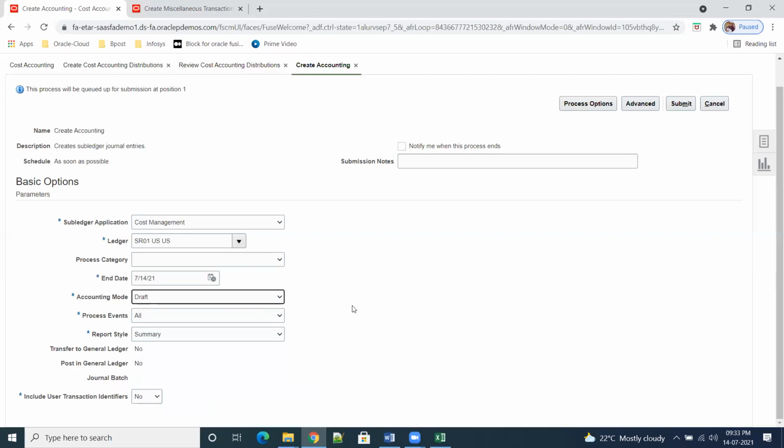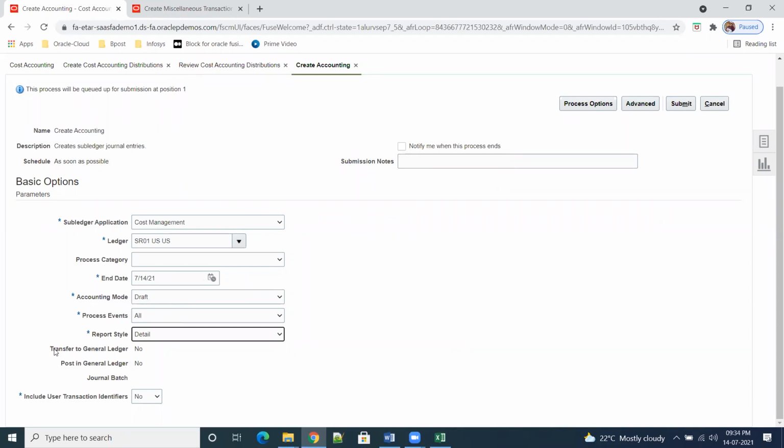Then somebody verifies and reprocesses by selecting final. Process events, you can keep invalid errors, it is just for understanding. Report style, you can pull a detailed report. Now I'm keeping accounting mode as draft because I want to see how the system has done the accounting. Once it is okay, I'll run create accounting again with accounting mode as final.